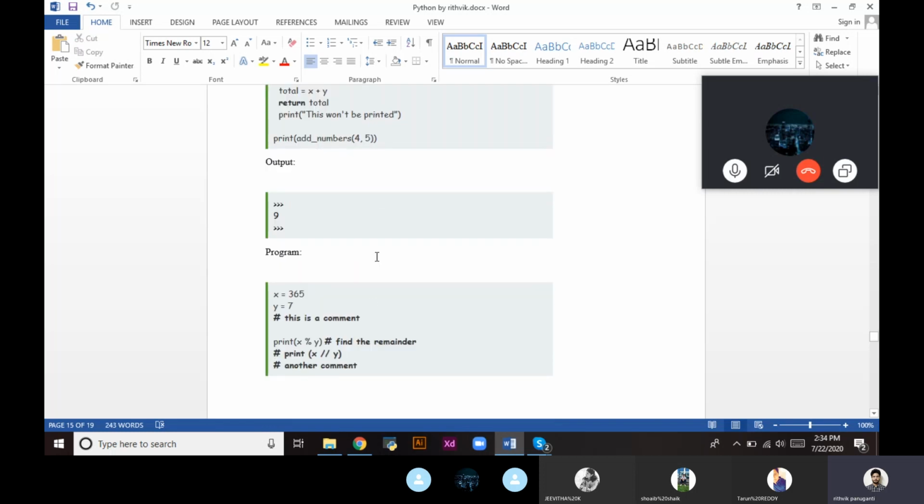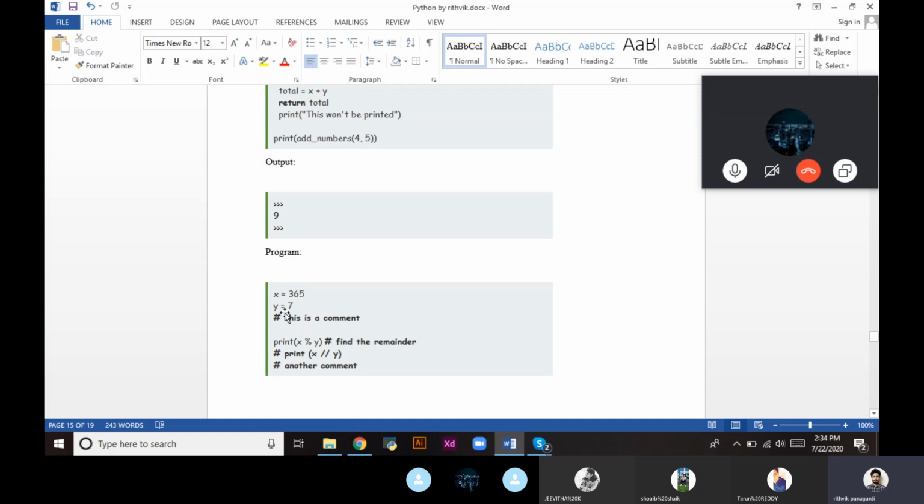Now coming to comments. In the C language we write a slash and star beside the code to define the expected output. Here we can't give multiple comments at a time. We use a hashtag only to declare a comment.